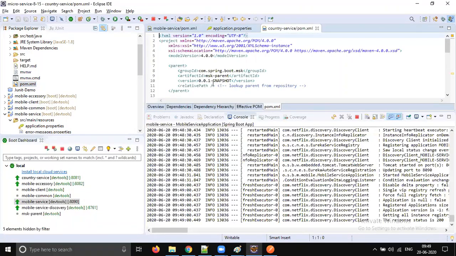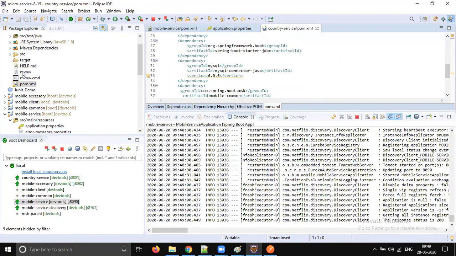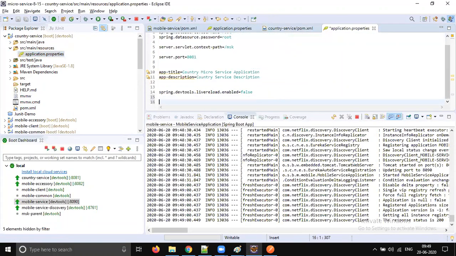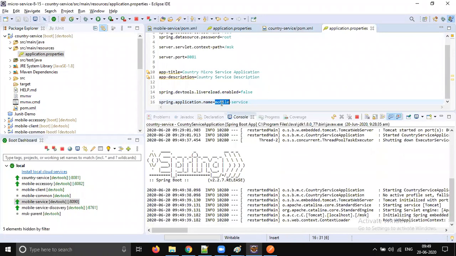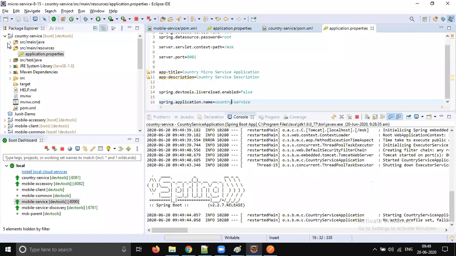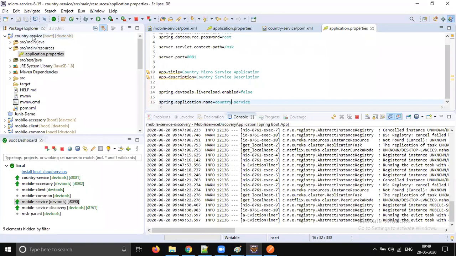If you are able to follow, then we will take this microservice as a reference. Otherwise, I will show a different example with one client and one service. Do you get what I'm trying to say? If you are able to follow, because we are playing with so many microservices, you might get a little confused. If you are able to work with multiple microservices, then we will continue here. Otherwise, I will create a separate workspace and show a separate demo.